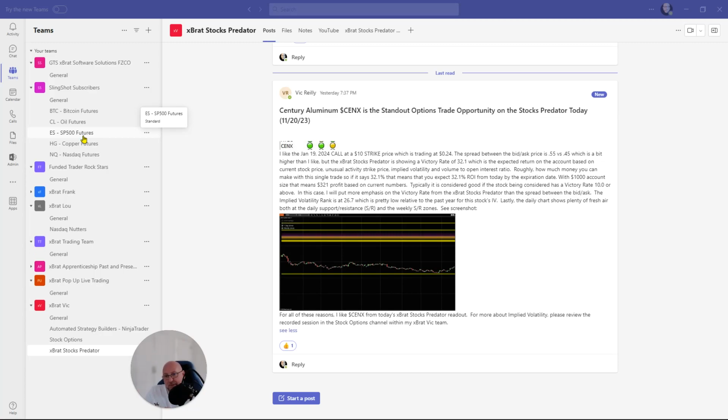This is to support the Stocks Predator subscribers. One of the things that came out in the last couple of days was CENX. There were xBrat 5 and 6 star buys, and a lot of unusual options activity. So what Vic has done is explain that unusual options activity, explain how everything works with the Stocks Predator and all the information given in there, and basically put that options play together